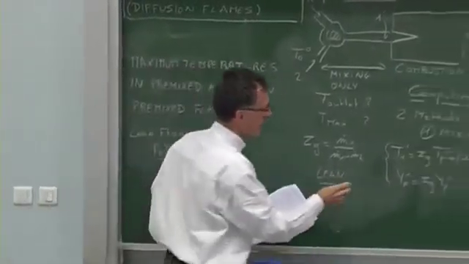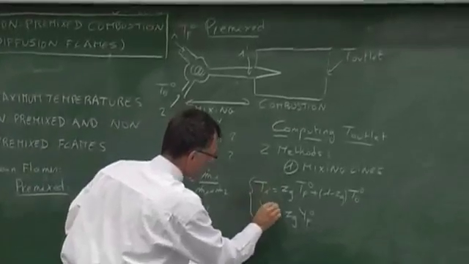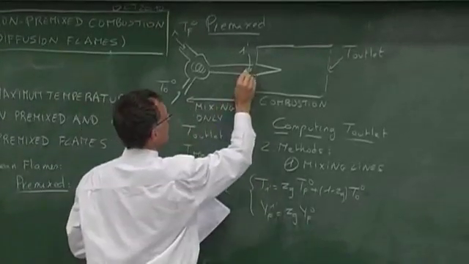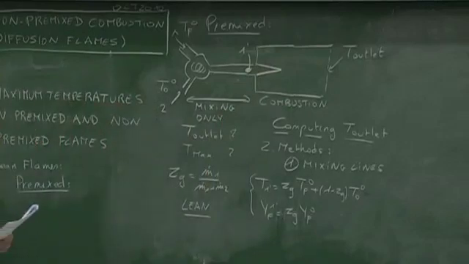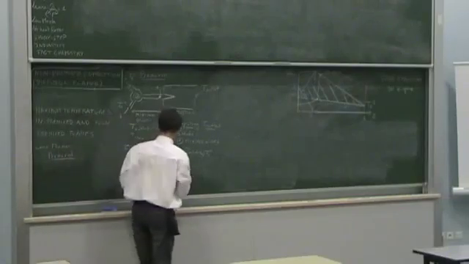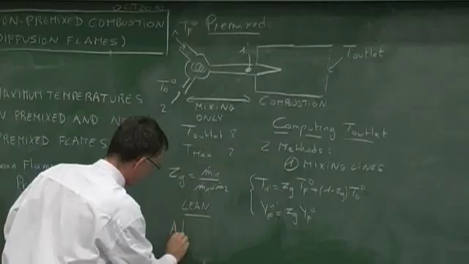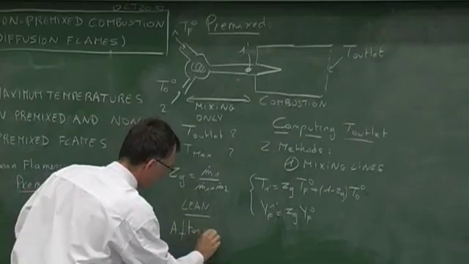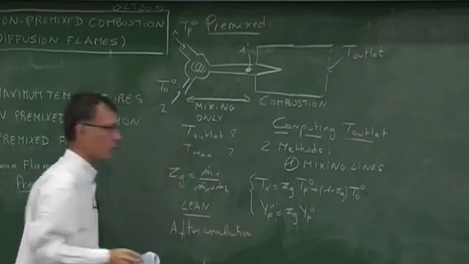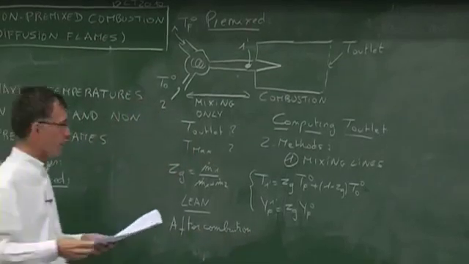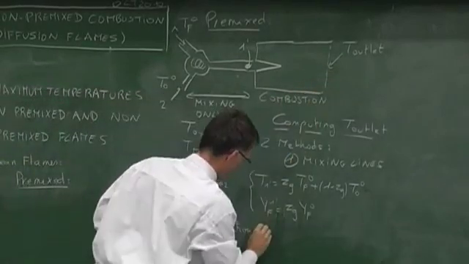So this is the state which I've called 1 prime, the state which is here, just before we go into the burner. Then after combustion, and this combustion takes place through a premixed flame, we'll have a temperature here at the outlet,